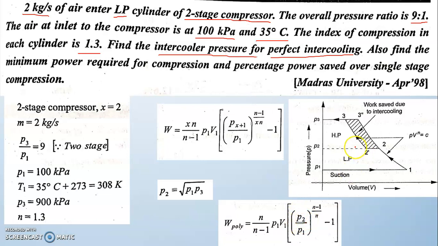If we are using a single stage compressor for the same purpose, our aim is to make a pressure of 900 kilopascal. If we are using a single stage compressor to make a pressure of 900 kilopascal, how much will be its work done? That's the question they have asked. So P2 is 900 kilopascal here, if we are using a single stage compressor instead of a multi-stage compressor. So we will be substituting P2 as 900 kilopascal, P1 as 100 kilopascal, and the remaining values. We will get the value of work done for a normal single stage compression, and we will be comparing the work done for single stage and multi-stage.